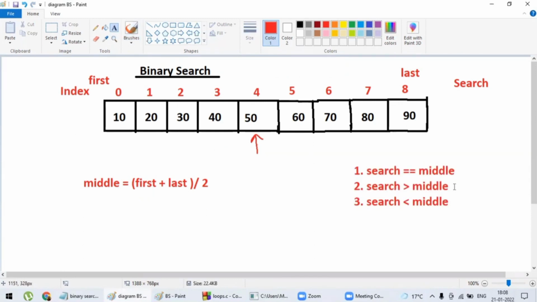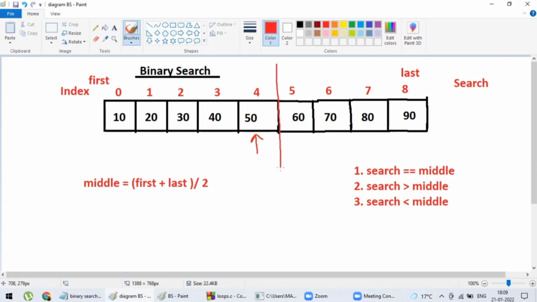So in any case, we have to compare our searched element with the middle element. Let's say our searched element is present at the middle element, then we have to stop our search. Okay, this is the first scenario. Second scenario means the searched element is greater than middle element, then in that case we will start searching towards the right hand side. That means we have to again split our list into two parts, so in that case, we have to split our list like this.